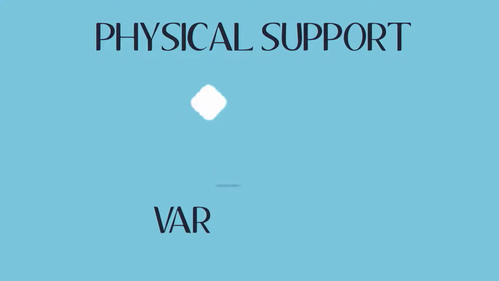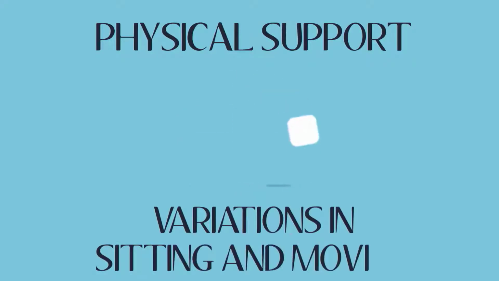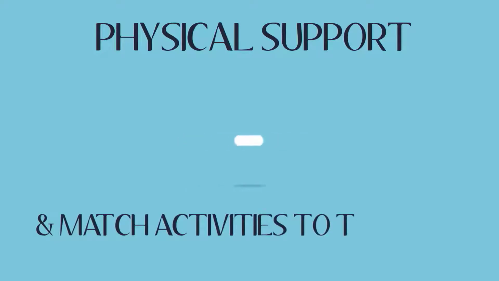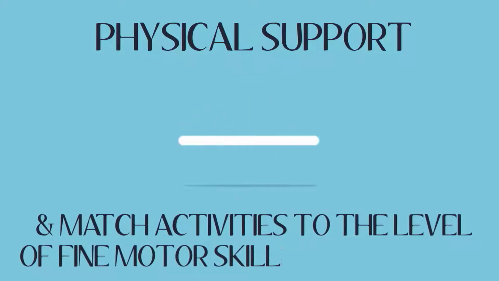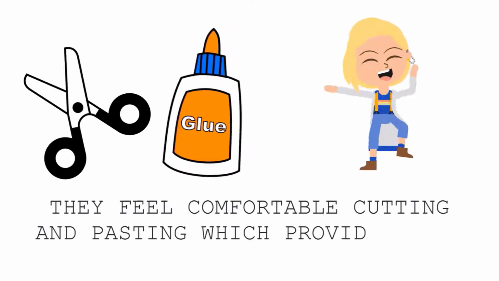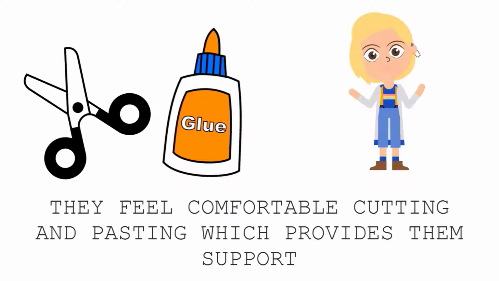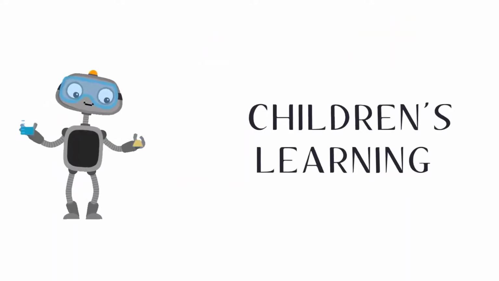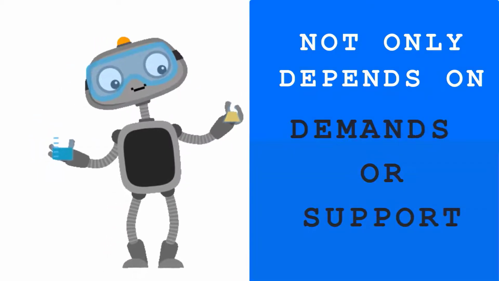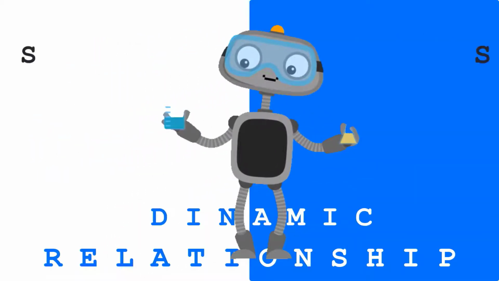Physical support consists of variations in sitting and moving, use of familiar actions, and matching activities to the level of fine motor skills development of each student. Students already know how to cut and paste, so they feel comfortable doing it, which provides them support. Nonetheless, children's learning not only depends on the demands or on the support, but on the dynamic relationship between demands